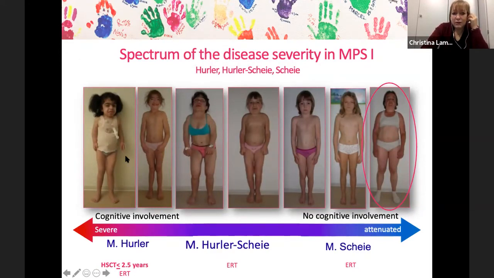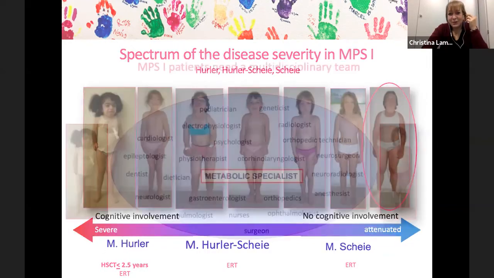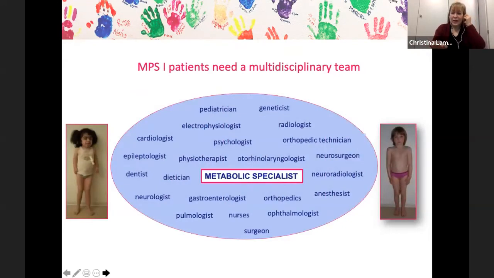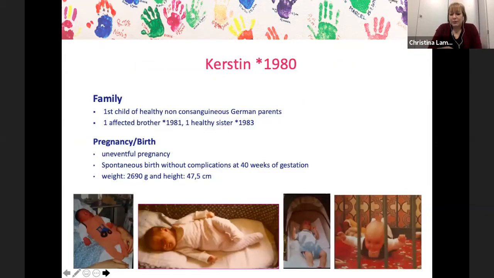We have the cognitively involved patients with severe physical signs, up to no cognitive involvement in patients with quite a lot of physical signs, but starting later. So actually, this is the spectrum of the disease severity in these patients. And to show you that these patients need a multidisciplinary team taking care of them, even if they seem to be mildly affected, I would like to show you Kerstin's history to see how things